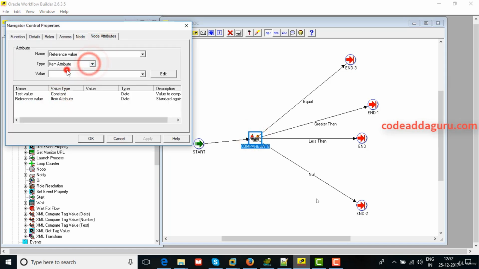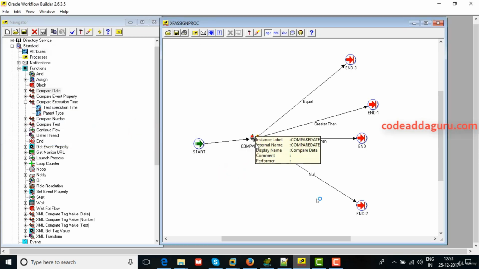Here we are selecting the attribute, new item attribute, and go to value and select ref date. This ref date has 25 December. Now go to test value, and it is also an item attribute, and select the item attribute, date. Apply. Now what it will do is check whether the given date is greater than, less than, or equal to